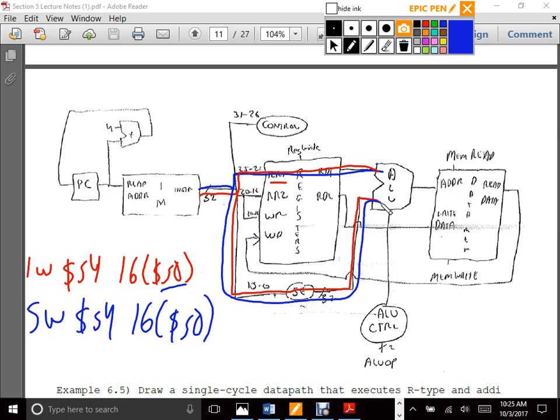So what the difference is, where I'm going to write it versus where I'm going to store it. Register write is going to be 1 if load word, 0 if store word. So I need register write. And so for load word, what I'm going to do is write to a register. So 20 to 16 is going to go to,